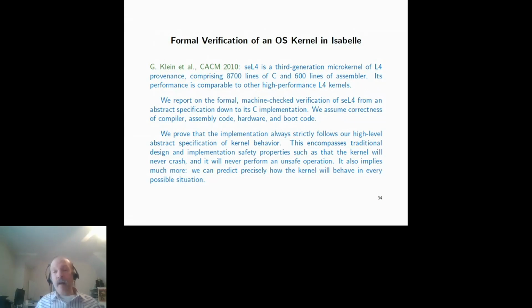And again, part of the assumption is that compiler bugs will be caught otherwise, because so many people are using them. But it's not a mathematical certainty. And this is true for the hardware, for assembly code, for everything. There are bugs, but we don't have mathematical certainty. I'll come back to that point.